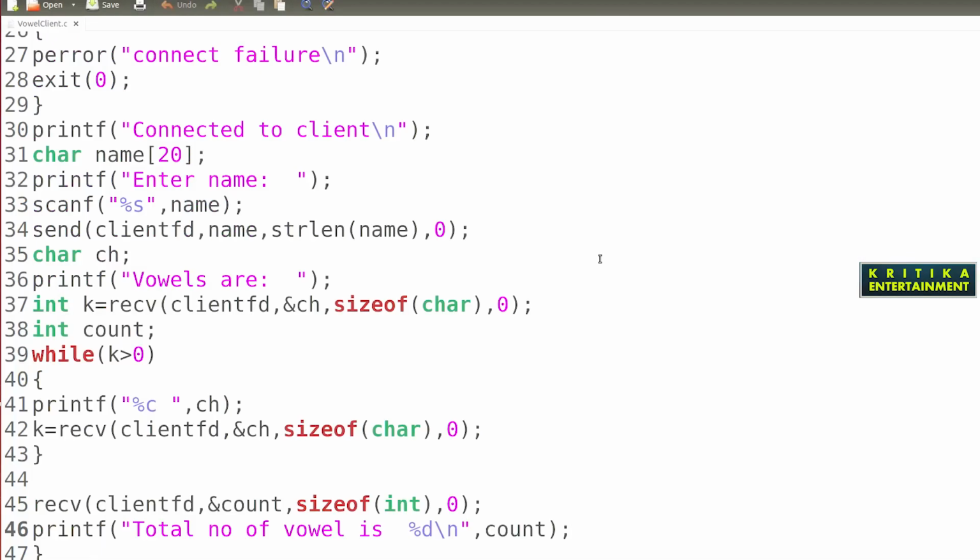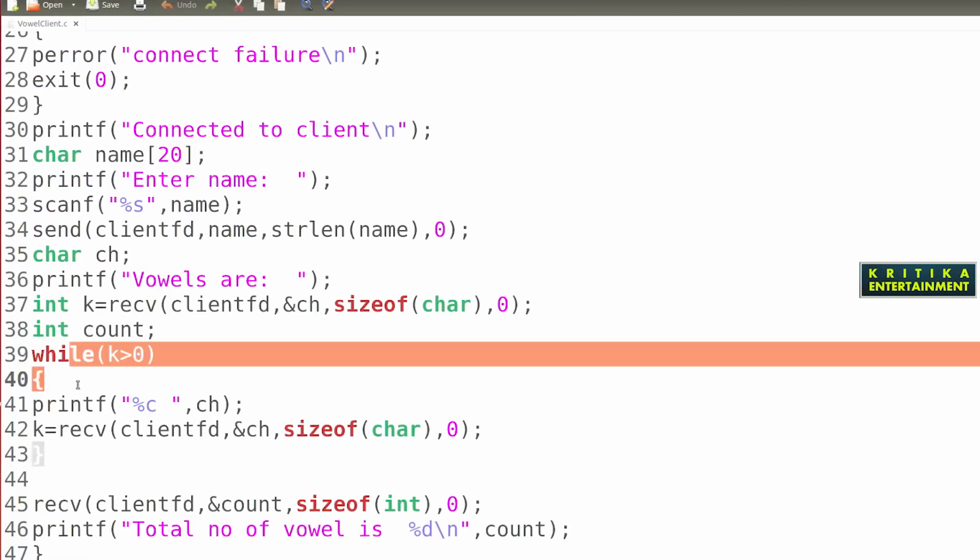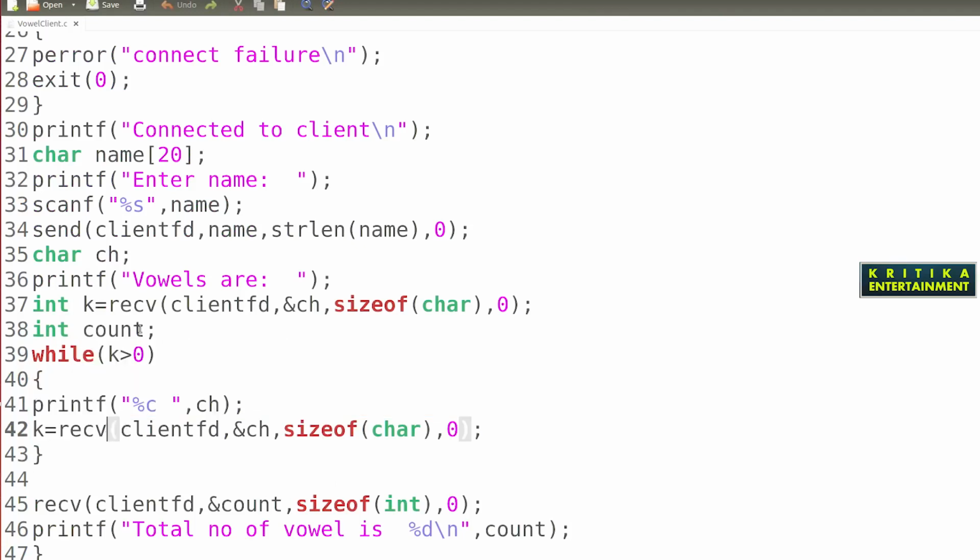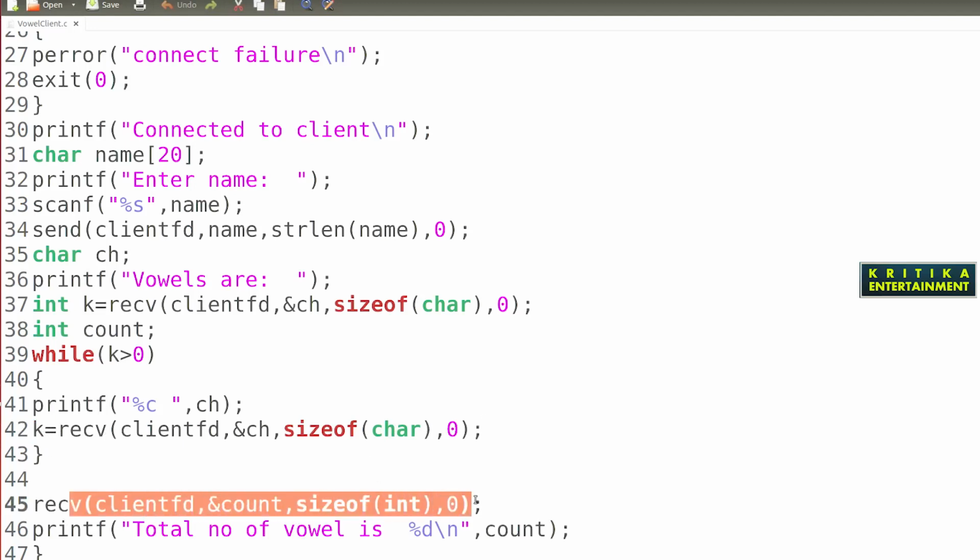These 3 functions are running inside this loop, because this receive function receives again your number. That means this receive function first receives a, then next time u, then next time the total number of vowels, 2. So 2 is not converted to a char, so it will display the garbage value, and the count is already stored in this variable. So this receive function returns the garbage value.